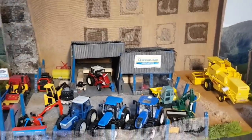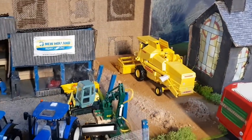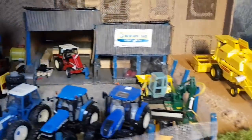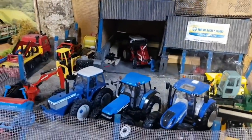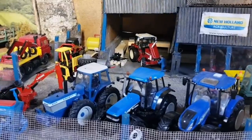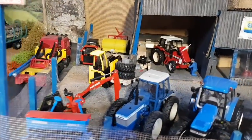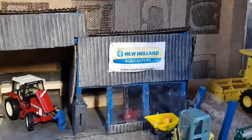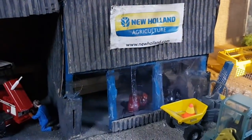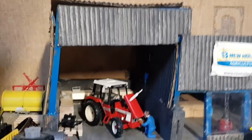Right guys, starting off here at the dealership, we've the 8870 or the 8070 combine in the field there. It's a very narrow field, but it's long, so he's going to be combining for a while there. But over here in the dealership we've a New Holland T6, a TM, and Ford County. They're all lined up in the showroom over here, and we've a Lemken and all the rest of the stuff over here. And we have the lawnmowers inside the showroom, as you can see. They're just in there, new stock. It's after coming in from Holland. And then the International